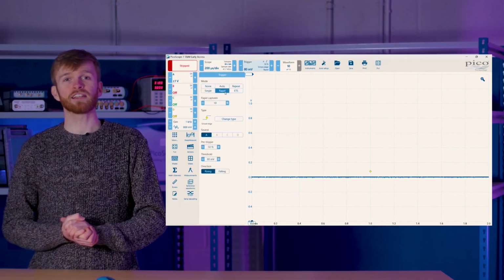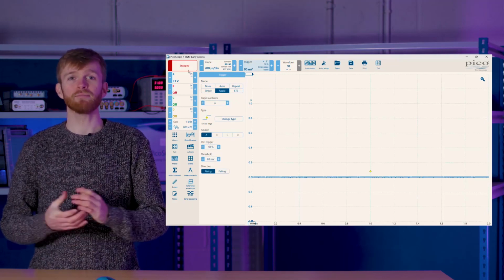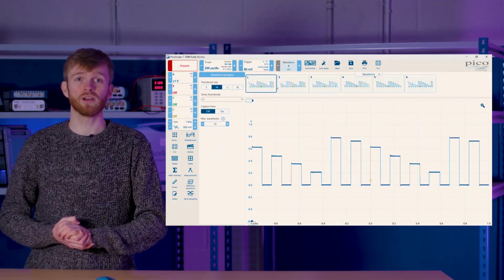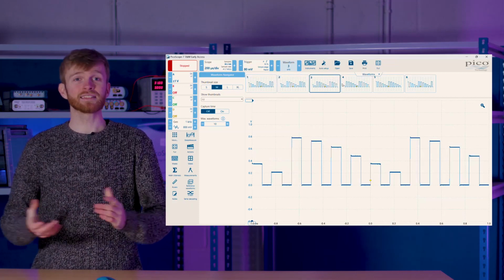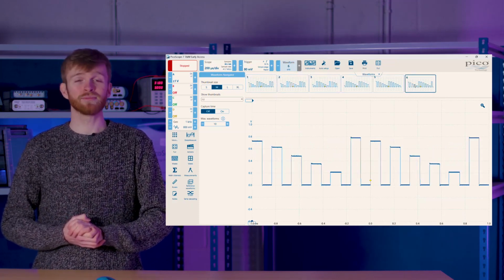If you want the Waveform Navigator to view each individual pulse, try switching to rapid triggering, which will capture a specified amount of waveforms before processing them without missing a pulse. Then display all of the captures within the Waveform Navigator.